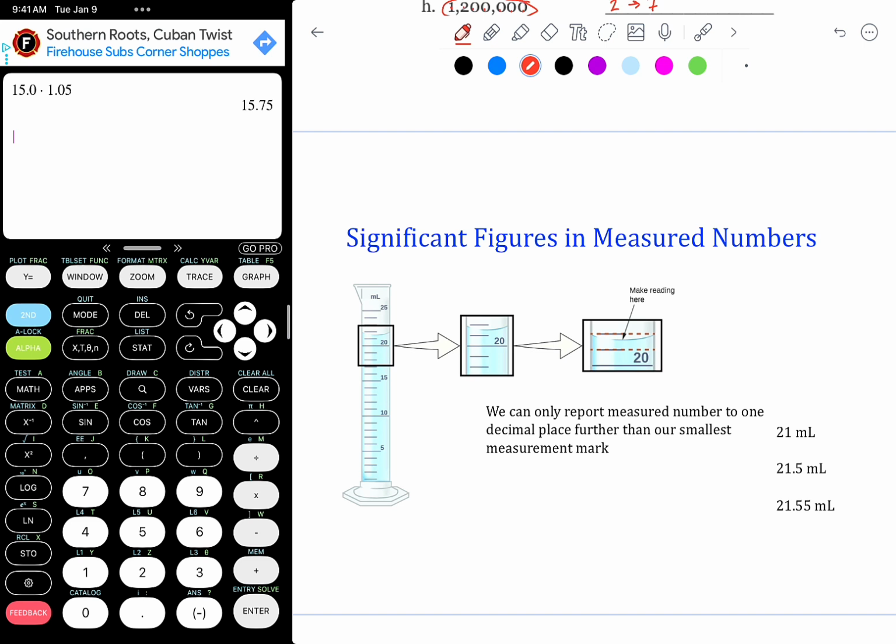So here I have a graduated cylinder, which is a type of glassware used in a chemistry lab to measure volume of liquids. So we have our volume markings here. We have our major markings by 5s. These are in milliliters. And then we have 1 milliliter markings in between. So our smallest measurement mark in this graduated cylinder